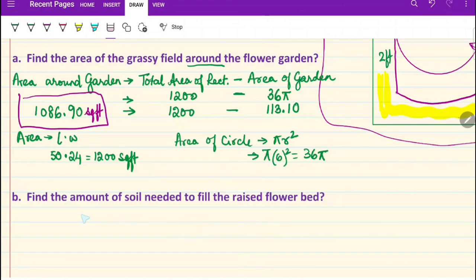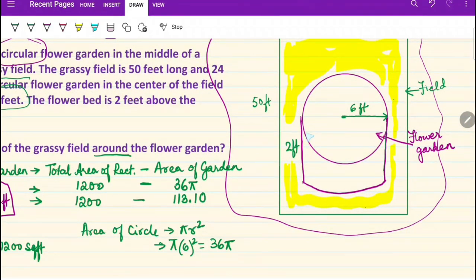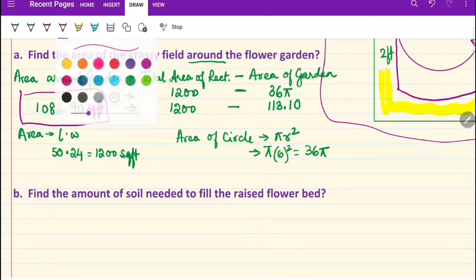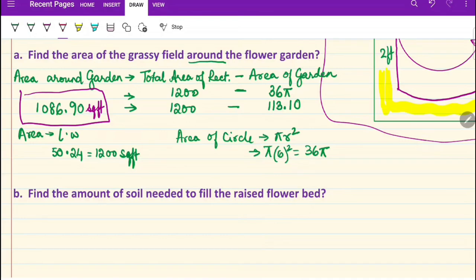So now let's look at the next part of the question, which is asking find the amount of soil needed to fill the raised flower bed. So here we have the raised flower bed and the question is how much soil we can fill into the raised flower bed. So whenever the question is asking us how much we can put into something, how much material we can put into a container, then we are talking about not just 2 dimensions, we are